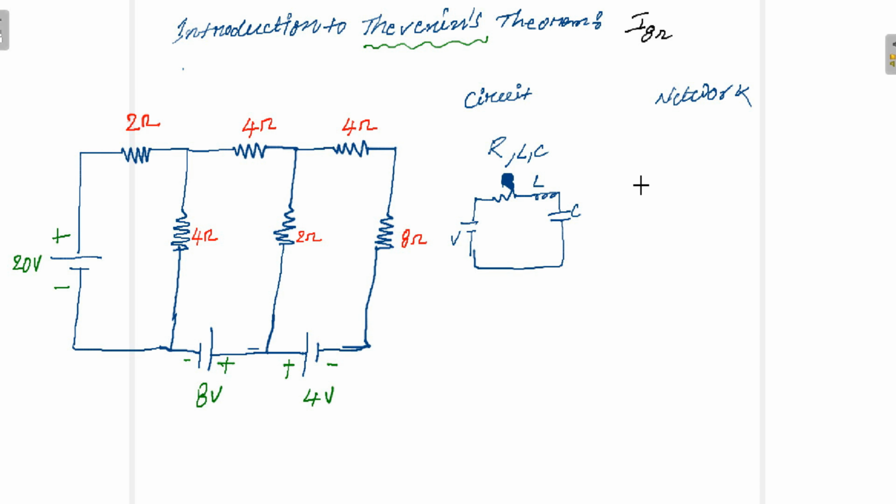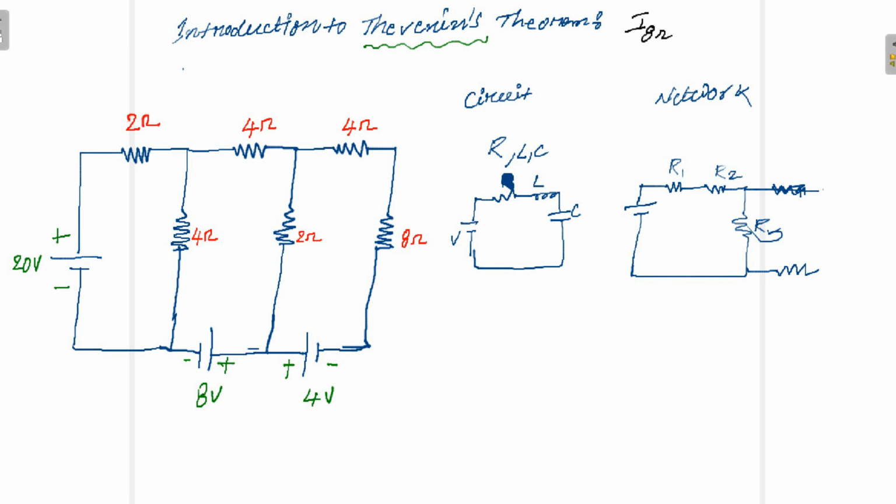What do you mean by that? For example, if I have a circuit like this, in a circuit there should be a closed path and the current should flow through all elements. So here you have resistor R1, resistor R2, resistor R3. So this is a circuit. This is not a network. Here all components are connected together, and in each and every element current is flowing. If I connect one more resistor here,